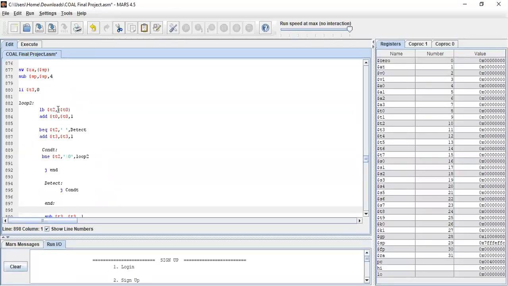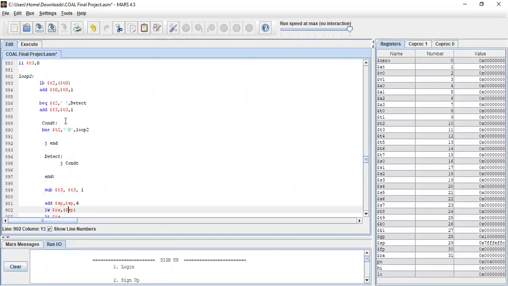Load byte $t2. We are loading the byte T0 into T2, and we are incrementing T0 by 1. Then if branch is equal to the spaces, we will detect the spaces, then we will continue until the condition is met, and that is if it finds the null character, then the loop will end.